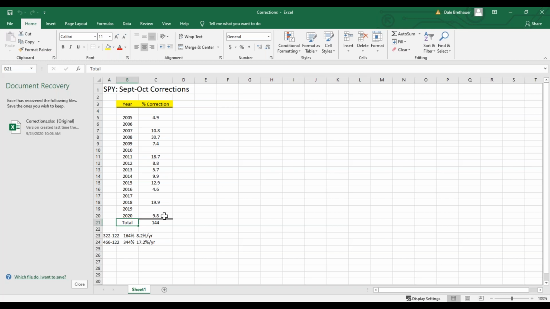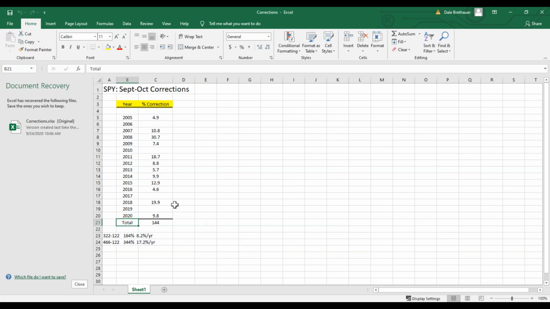Now, I'm not going to look at compounding and everything like that. I'm just going to look at normalizing. If we look at the SPY back in 2005, it was at 122. Currently, it's at 322. That's 164%, or about 8.2% per year. And that's the kind of returns you could have gotten if you would have just stayed in the market. But holy smokes, you've got to have a lot of courage to stay in the market when you're dropping